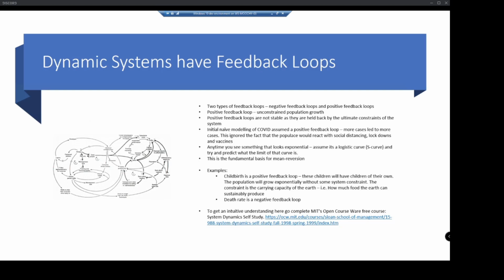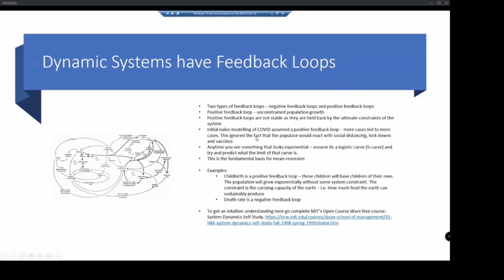So there's always some upper limit that holds it back and creates some sort of negative constraint on a positive feedback loop. The main point is, if you ever see a positive feedback loop, you should never assume that it doesn't have some upper limit. I've got a couple of examples here. A positive feedback loop would be unconstrained population growth where we're all immortal, so we only added new people to the population.